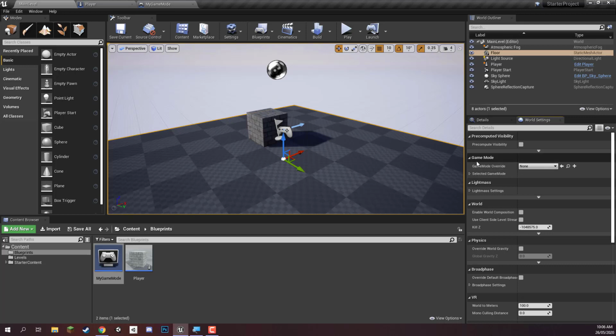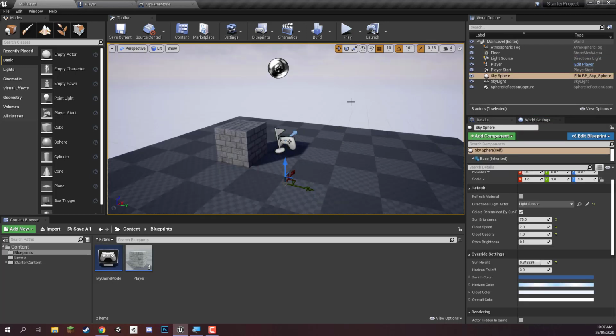And inside here, you'll see that there is a game mode right here. And the game mode override is set to none. Instead, what we want to do is select none, and we want to choose my game mode here. Okay, there we go. Now what we can do is press play and we should start seeing the game through